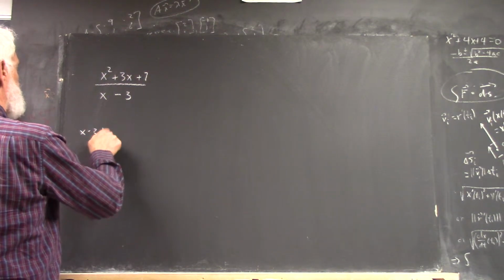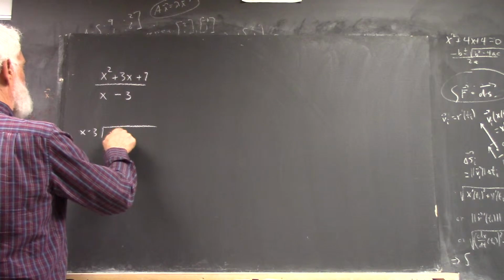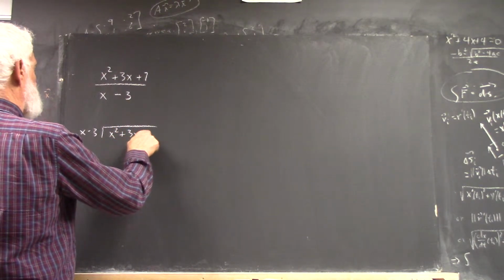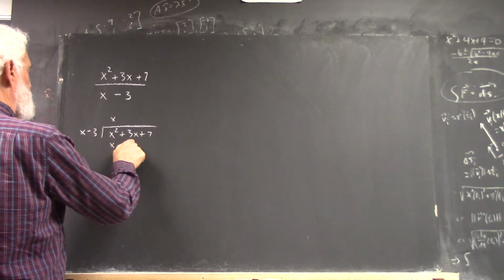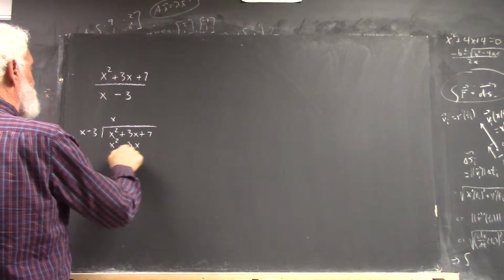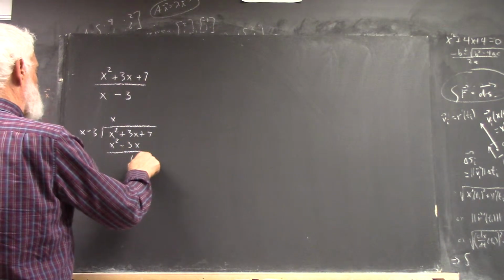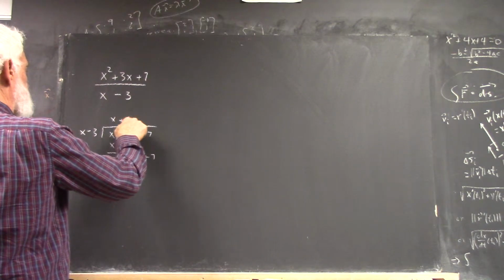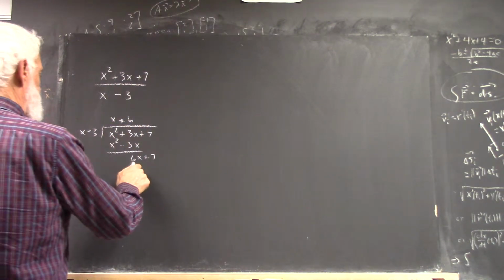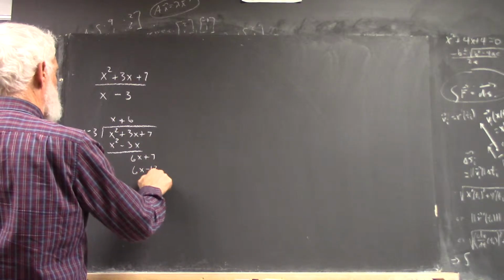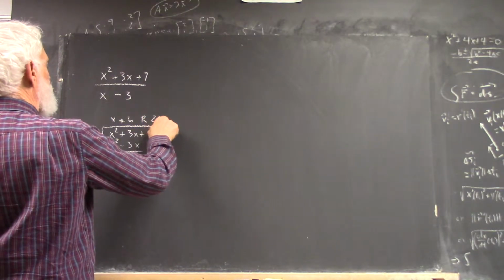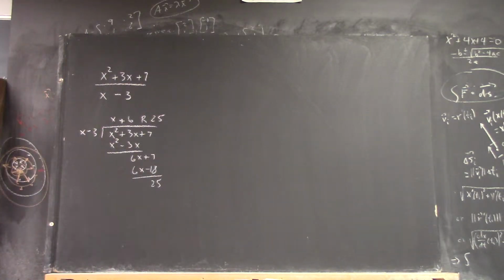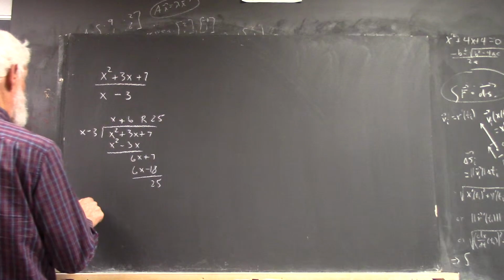we do x minus 3 into x squared plus 3x plus 7. And we get x here, it gives us x minus x squared minus 3x, which gives us 6x plus 7, so it's x plus 6. And then we're going to have 6x minus 18, and we have a remainder of 25. And from this we conclude, if I did this right, let's hope I did, that